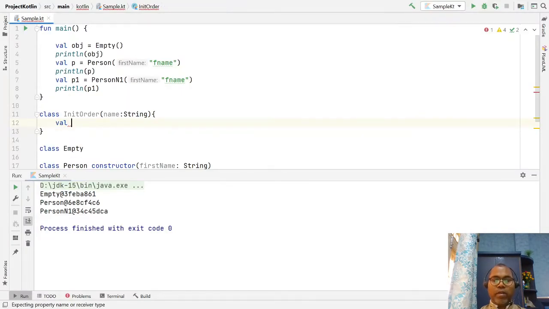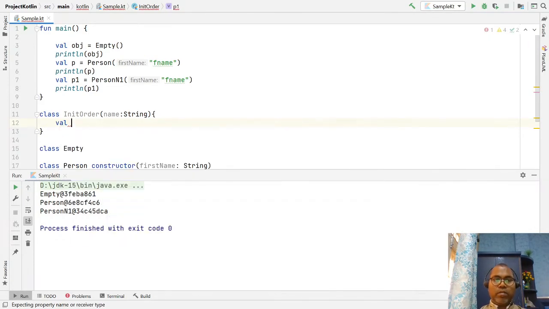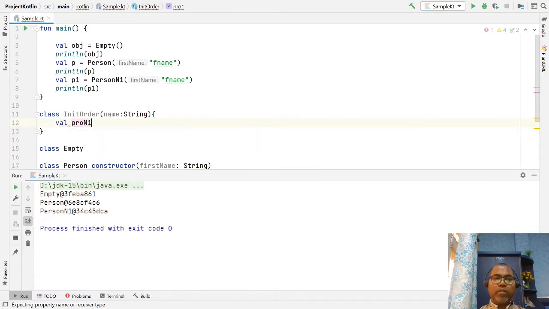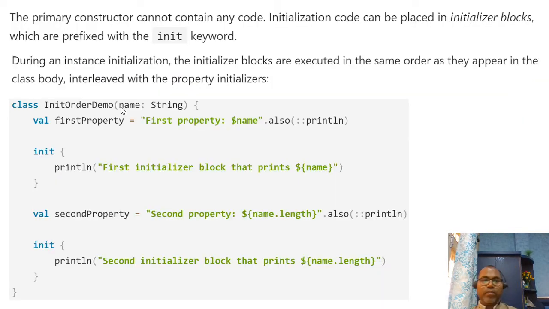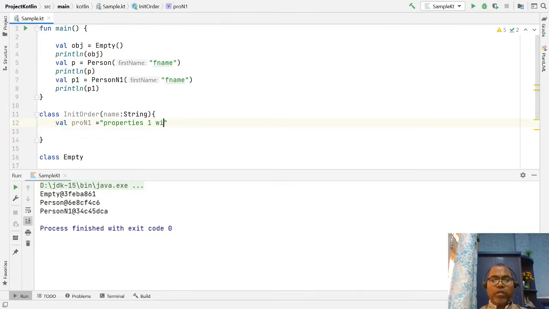Here let's define property one. We have defined one variable, and give it some value, whatever, like First property one, and here we have the option to use dollar name.